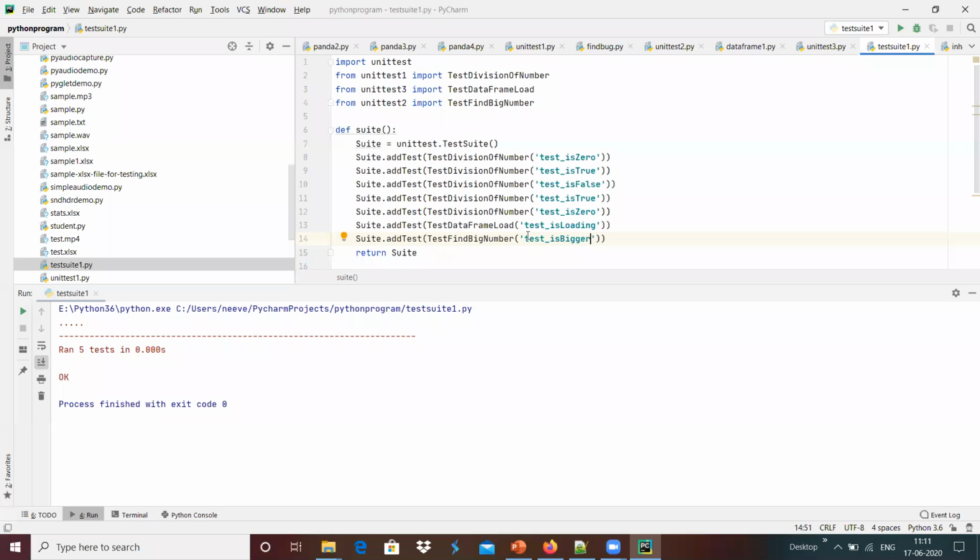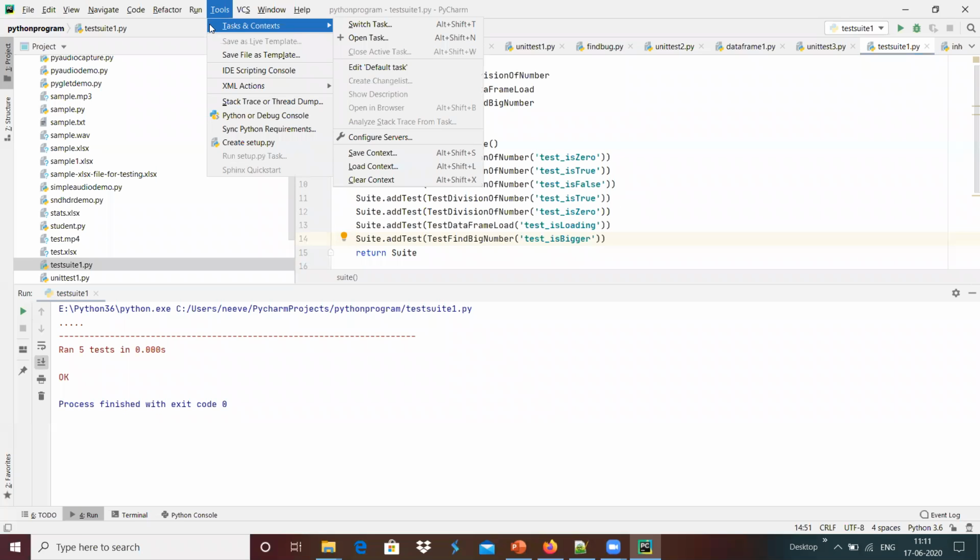There is a lesser chance of integration issues and errors after integration, basically. Because of that, we are doing unit testing and the combination of unit testing. In order to create a combination of unit tests, we use a terminology called test suite, which is a collection of test cases basically.